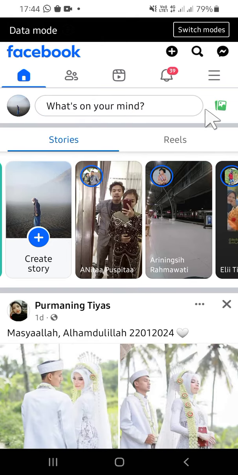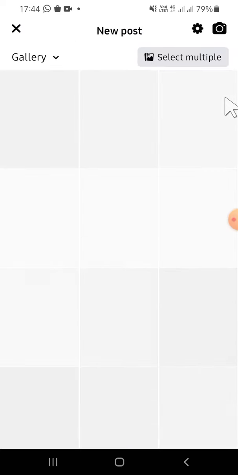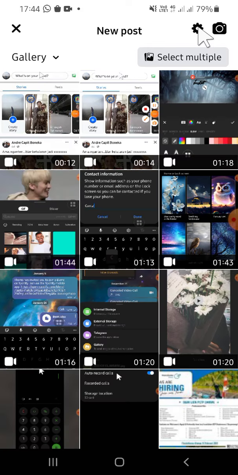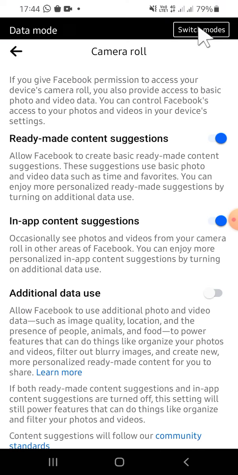So we can tap on the post or the photo option right here. And then before you upload your photo or your picture to Facebook, you have to click on this setting option. And then make sure that you activate this additional data use. Okay, and right after you activate this option, your photo that you want to upload will be uploaded on the